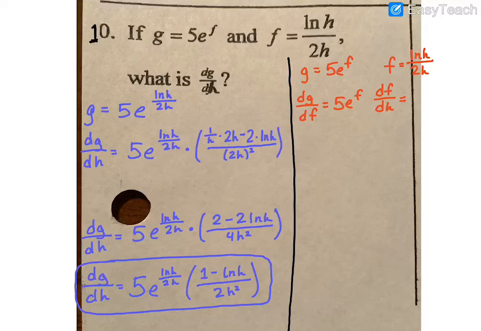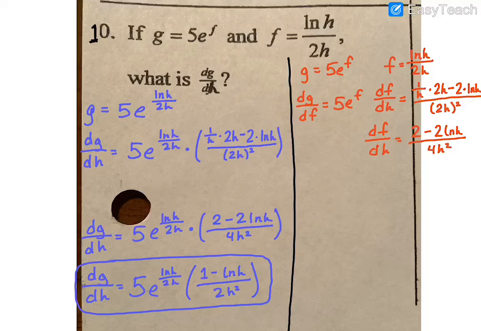Notice this is a fraction, so we are employing the quotient rule. Derivative of the numerator, so 1 over h times the denominator, minus derivative of the denominator, which is 2, times the numerator, natural log of h, all over denominator squared, which is the quantity 2h squared. As before, we need to do some cleanup. So df dh, 1 over h times 2h, is going to be 2, minus 2 natural log of h, all divided by 4h squared. We multiply that out. There is a factor of 2 that can cancel out of everything. So df dh becomes 1 minus natural log of h